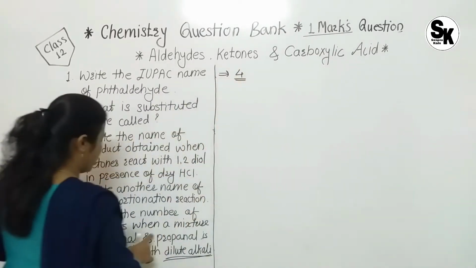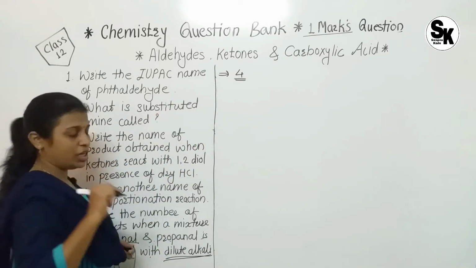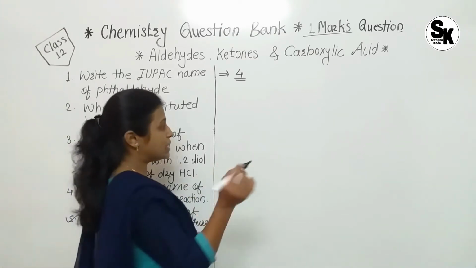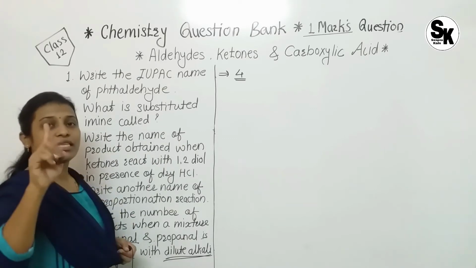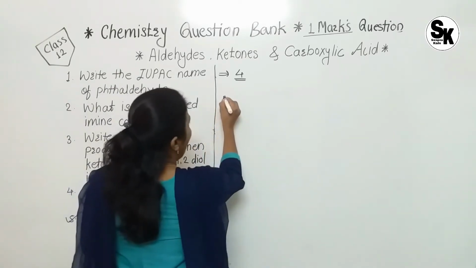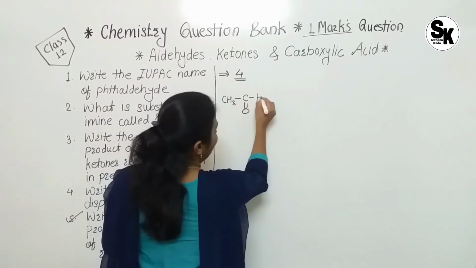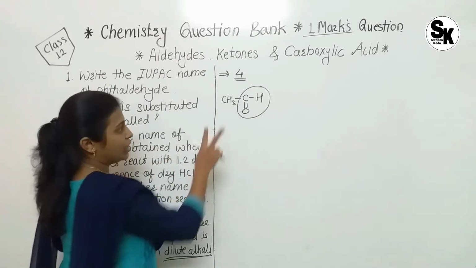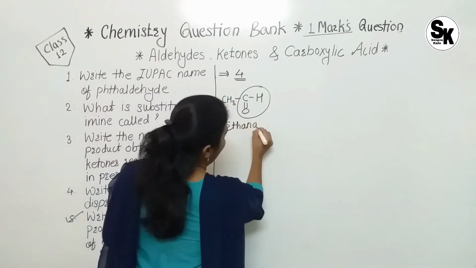Firstly, if we consider the explanation for this question, that much answer is sufficient for the 1 mark. The mixture of ethanal: it ends with al, meaning it is an aldehyde. Ethan means there are 2 carbons. As we know, if aldehyde is there, then one side is fixed, and that is the C double bond OH. Ethanal, so 2 carbons are involved. So this is the structure of ethanal.